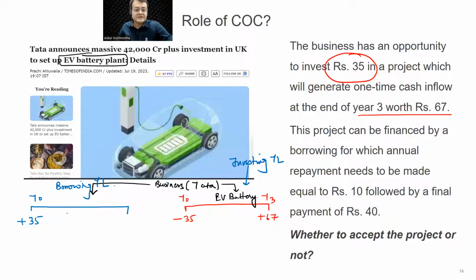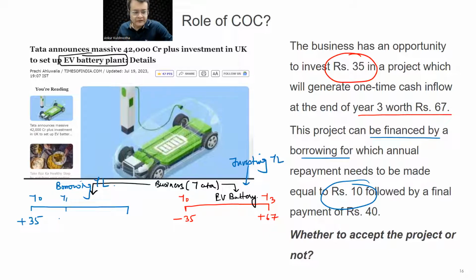So going back to this borrowing timeline, the project can be financed by borrowing, which could be from equity, from debt, from preference, or a joint exercise. We call it, let's say, a syndicate. We also sometimes refer to it as a capital structure, where different amounts come from different sources. Here the terms are that I need to make a payment of rupees 10 at the end of the first year,